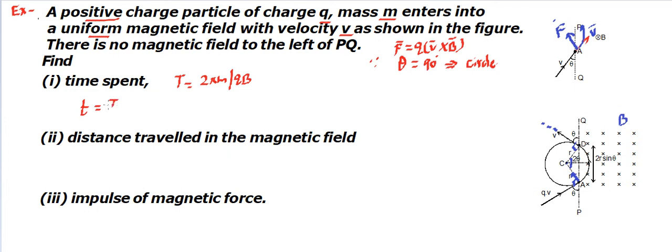Since it's a uniform circular motion, we can say the time is proportional to the angle it forms. So T divided by 2 pi, that's the per radian angle time spent, and it is spending for 2 theta radians, so it's going to be into 2 theta. Theta has to be measured in radians. Now we can put the value of T upon 2 pi from here, so it will become twice m theta divided by qB. That will become our answer for the time spent by the particle in the magnetic field zone.